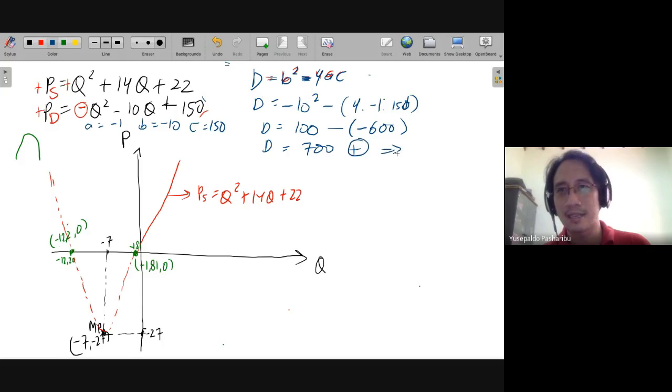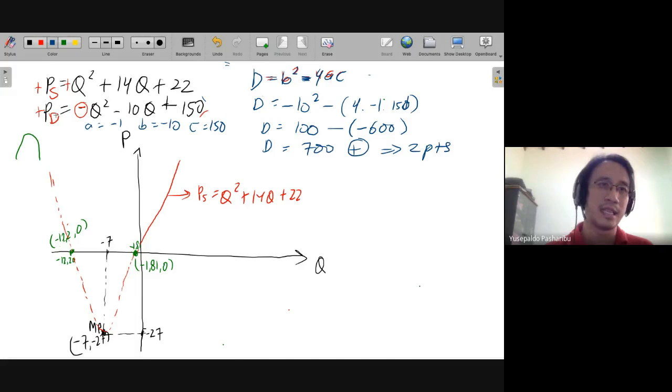So it is positive. There are 2 points that cut the X axis